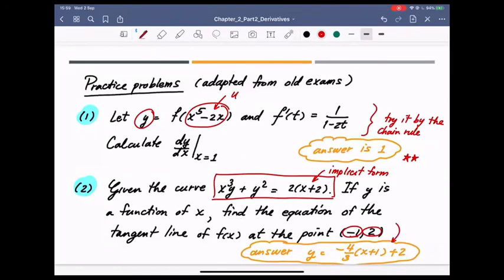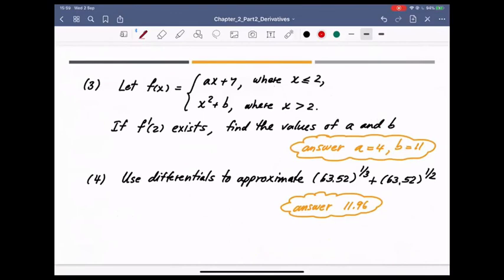Easy, right? So another question, this is a medium to hard one. So let's say that you have f(x) equal to that. The question says if you know that f prime 2 exists, it means you have a derivative at x equal to 2. So can you find the value of a and b? So how could you find it? So you have two constants, a and b. Well, because you know that the derivative at 2 exists,